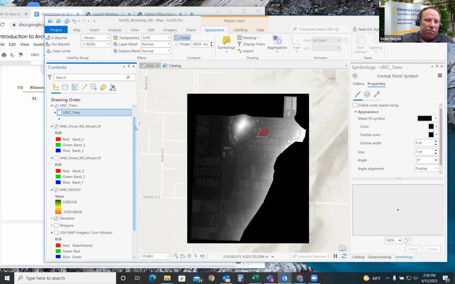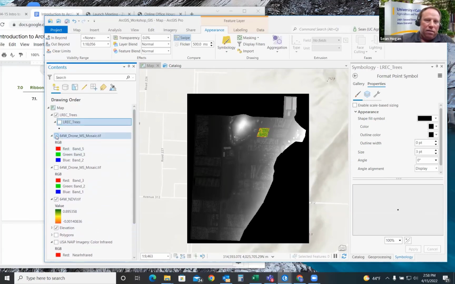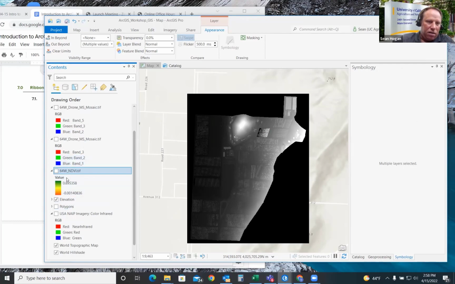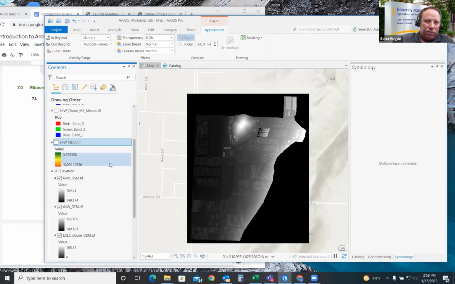I'm also going to turn off the layers that are above these two. Well, pretty much, what else is turned on? Oh, that's the elevation model of just the plot. I'm going to expand elevation so you can see this elevation layer. There's a problem here, and that problem is that this area around it is just all blacked out, and that's just not what you're going to want to see on a map. It's just not clean looking.